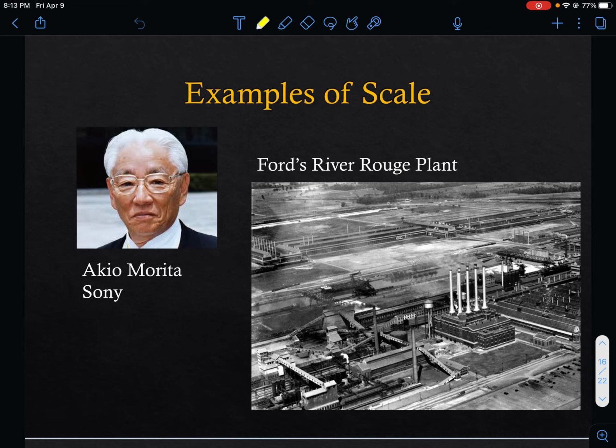He's one of the two founders of the Sony Corporation. And I want to read to you just a real short excerpt from a book about him called Made in Japan, Akio Morita and Sony. It's about in the 1950s when Akio Morita came to New York City to try to sell transistor radios to department stores.